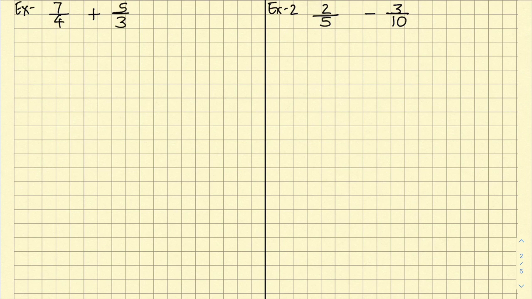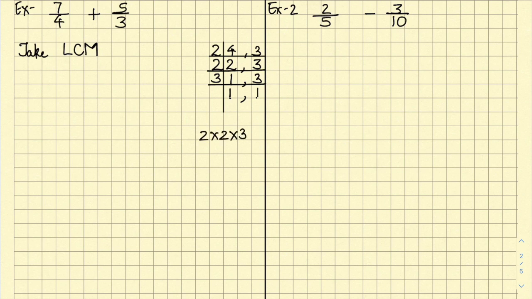So here 4 and 3 are different denominators. So what we do is make the denominators the same, and for that we take the LCM. When we take the smallest prime number 2, in the table of 2 you get 4, 2 2s are 4, and 3 you do not get, so it is copied as it is. In the table of 2 again you get 2 1s are 2, 3 you don't get, so copy it. Then you write 3, because this is already 1 and 3 1s are 3. Once you get both as 1, you stop. So your LCM is 2 multiplied by 2 multiplied by 3: 2 2s are 4, 4 3s are 12. So your LCM is 12.